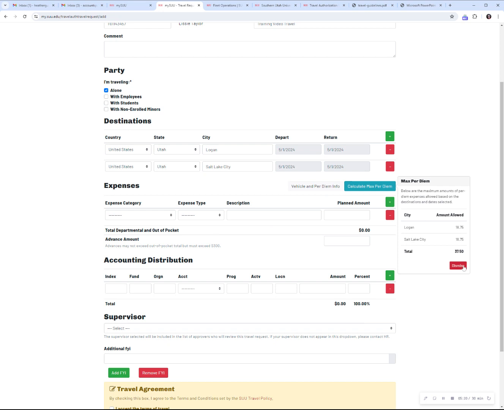So now we're just going to put in the expenses. You do not have to know exactly what your expenses are now. This is before you travel, this is what you're expecting it to be, not what it actually is. So I'm going to say I'm going to take per diem. And this expense type,